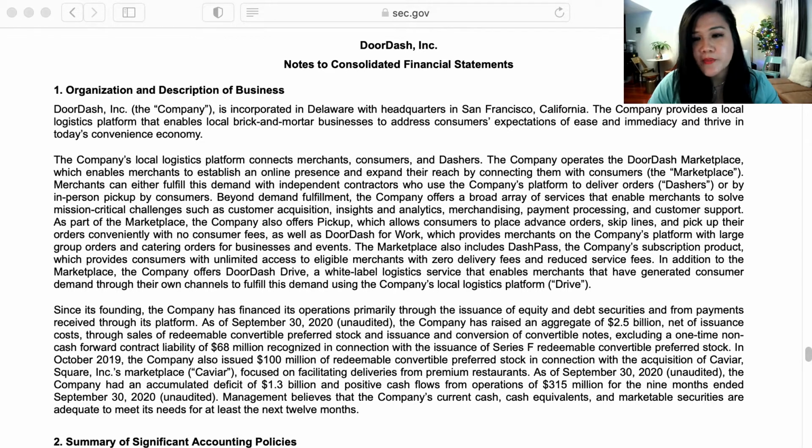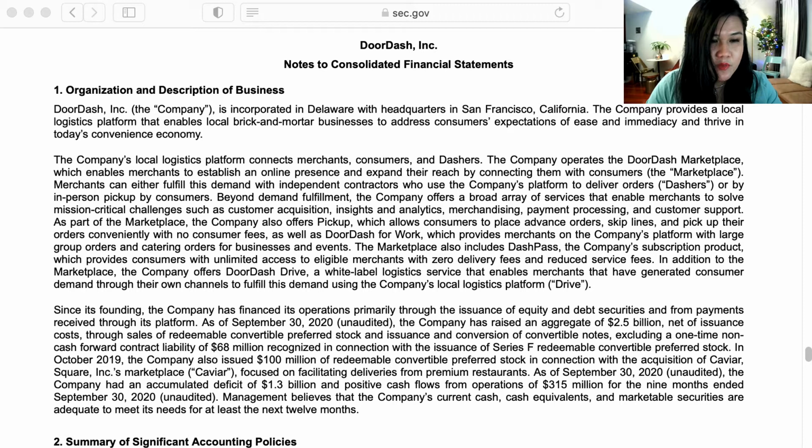If you're ever not sure about what a company does, besides Googling about the company, you can just refer to footnote 1 of the financial statements. So I have in front of you the financial statements for Doordash, and you can get it from sec.gov and download it in PDF, but I just choose to read it directly from the SEC website because I don't want to clutter my laptop with public filings.